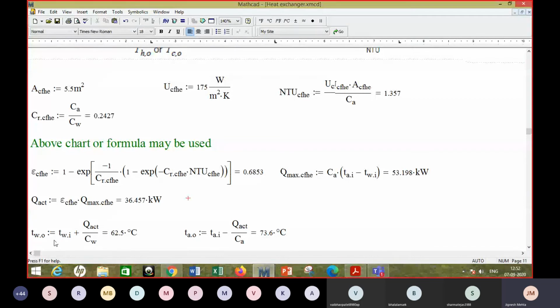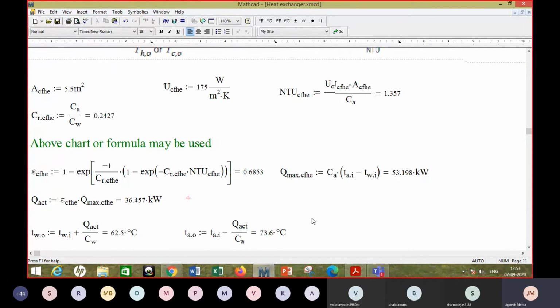So what you find is that the water properties were calculated at 50, but here you get 62.5. So maybe 56 would be the right temperature to take properties at. So you may put 56 there, and again air properties you may find not at 125 but at somewhat lower temperature, right? So if you make a program, then you have that kind of flexibility of playing with the parameters.